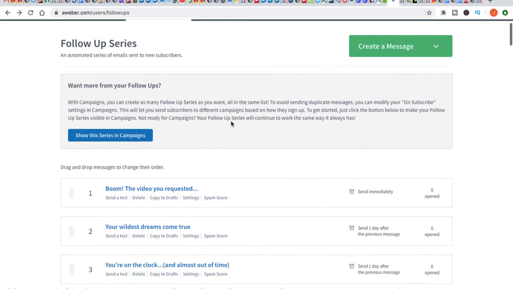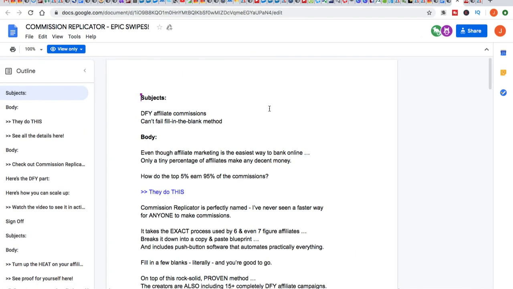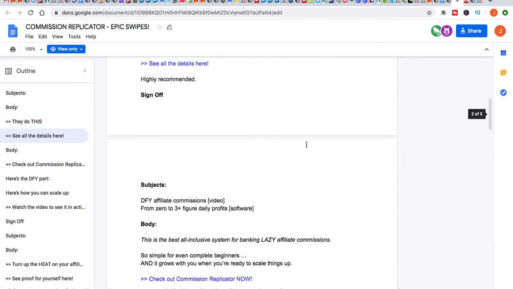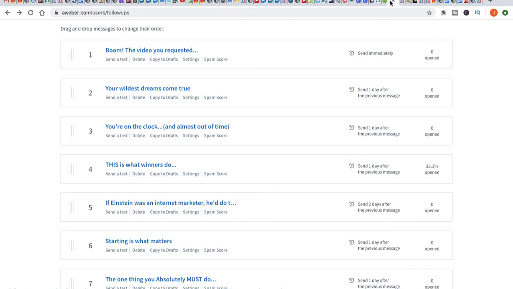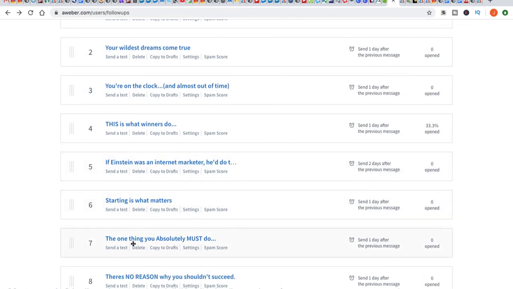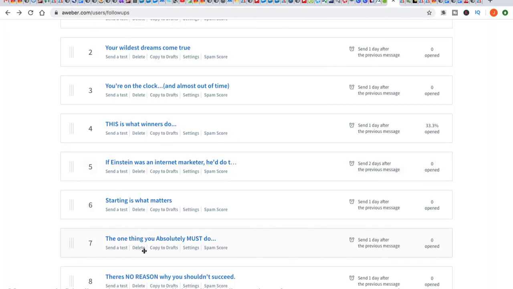Now, once that follow-up sequence is done, for instance, maybe you loaded up all of those email autoresponders into your Aweber and it had 5 or 6 different messages. So you put all of those 5 or 6 messages here in Aweber. So now you're on message 7. Well, what you could do is go back to Warrior Plus and just find another offer, right? You could find another offer here in Warrior Plus